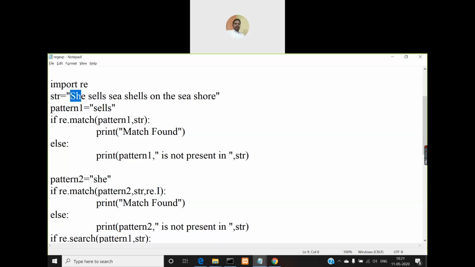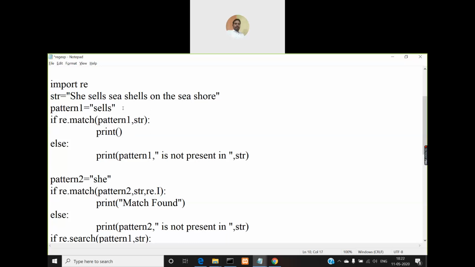It will return a match object only if it is found at the beginning of the string. Even if it is found in the middle, it will not return any match object. So instead of printing match found, let us print the object that is returned by re.match.